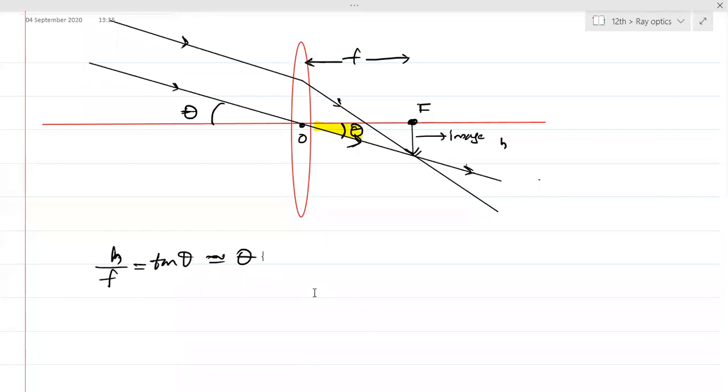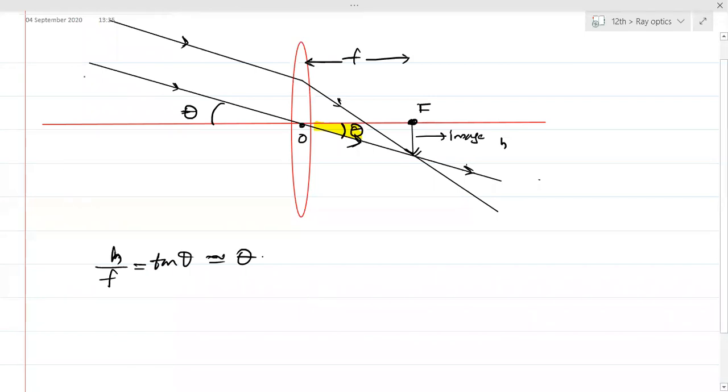ठीक है. How to solve if we have combination of different lenses? If you have combination of different lenses, क्या हो जाएगा? Image of first lens will be object for second lens. Image of second lens will be object for third lens, right? So you have to go in that order. कभी भी. You have to properly consider the distance with proper signs and then do it. We'll go into that. रुको. We'll first complete telescope.